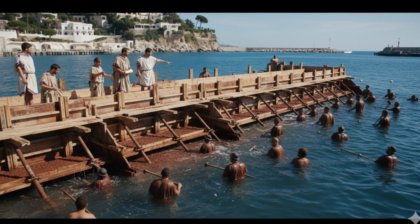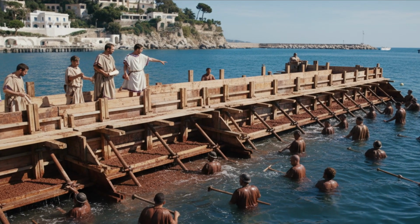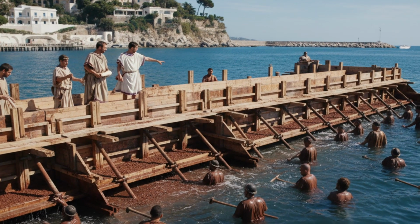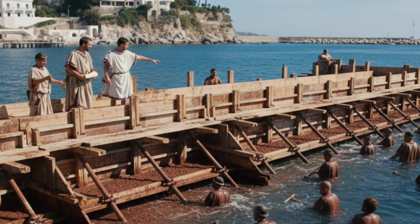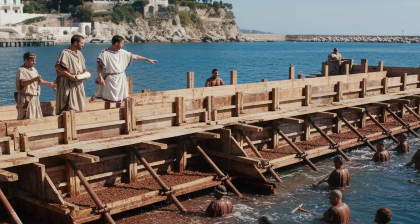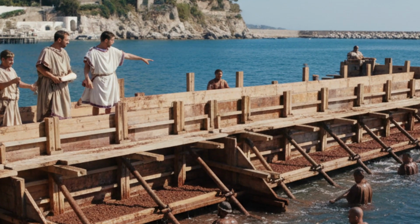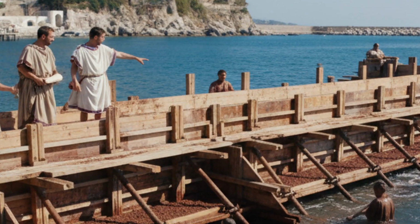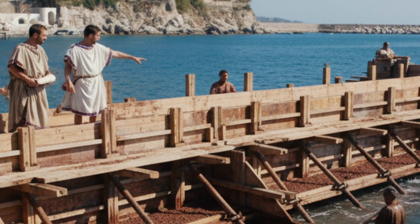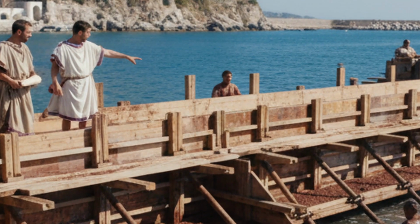The hydraulic method, the Baiae method. Leveraging the unique properties of pulvis puteolanus, engineers could construct formwork directly in the water. The hydraulic mortar, 2 parts ash to 1 part lime, was mixed and placed directly into the inundated molds. The mixture would set and harden underwater, a capability that astonished ancient observers and remains a benchmark for hydraulic cements